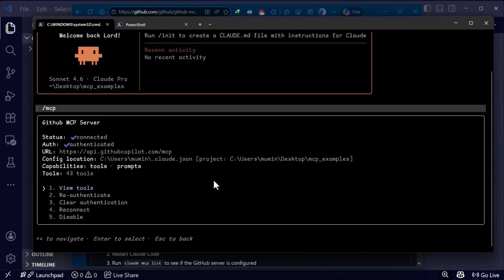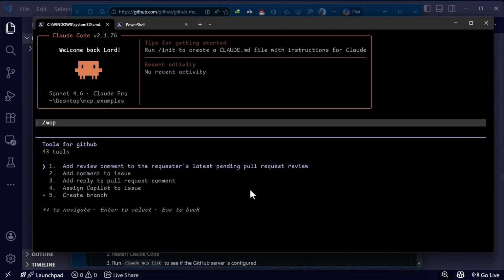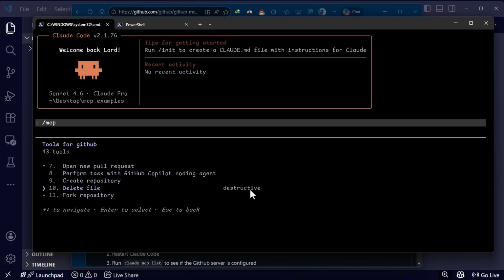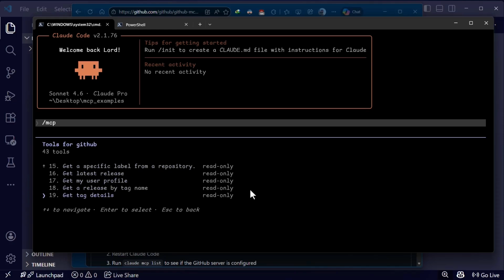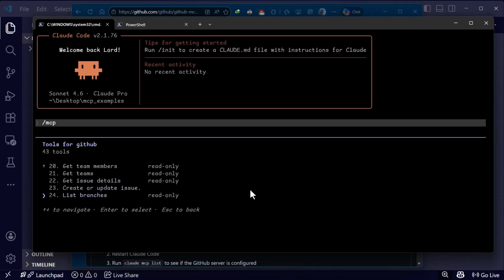So you can see the URL and config location. We have 43 tools available. Well, let's see the tools that we have. Add review comment to the request is okay. Add comment to issue, assign Copilot to issue, create branch, create or update file, delete file, fork repository, get commit details. It's pretty good. We have everything that we need to handle